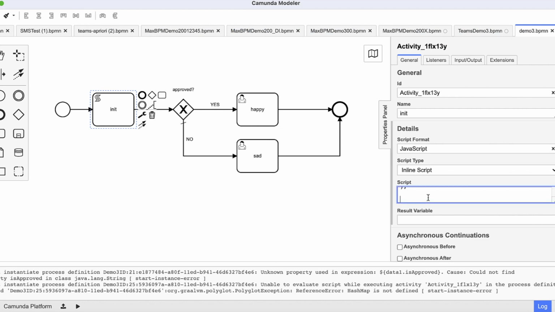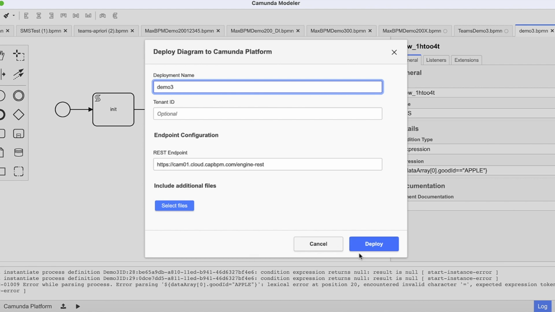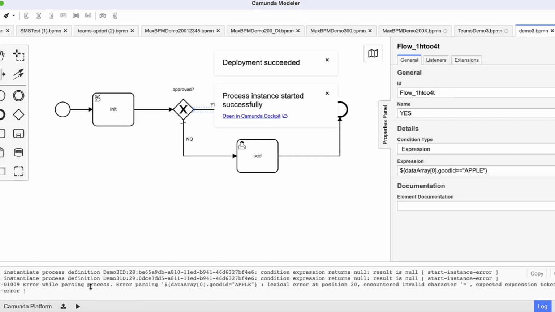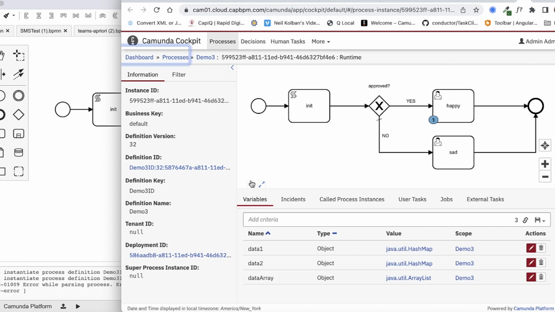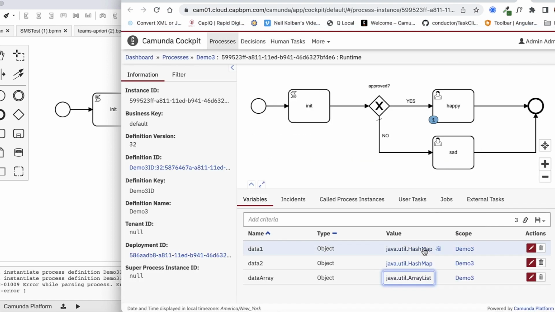And then going back over here, I'll paste all this in. I'll save it. Change that to data array. I'll save that. I'll deploy it. I'll run it. And you can actually see here that I ended up in the happy place because the first item of my array actually was an apple. Now this is a trivial example, but the important point in all of this is that